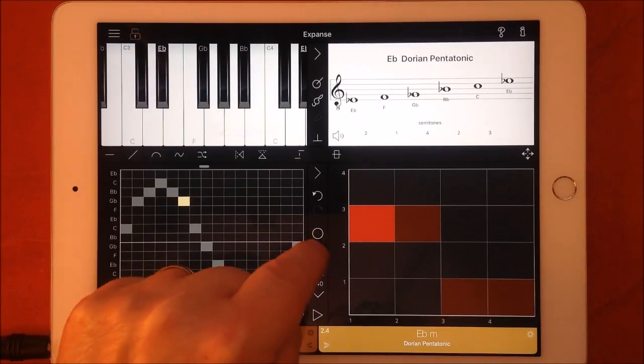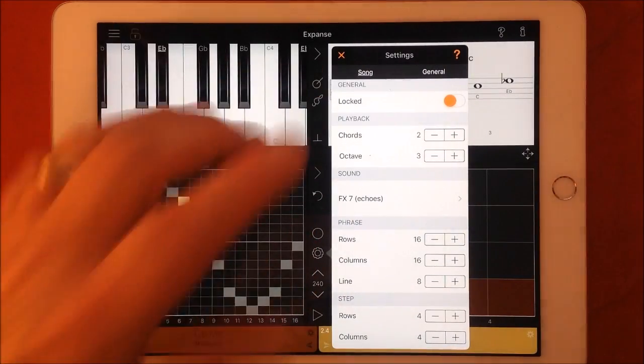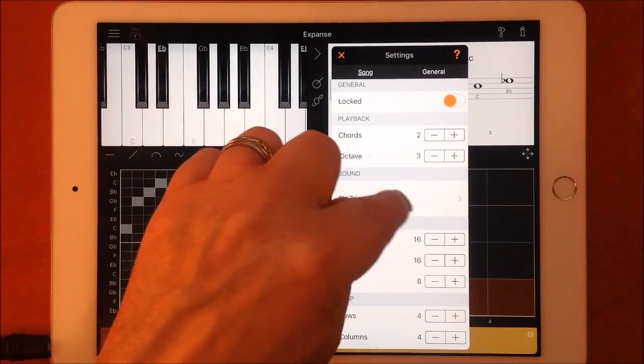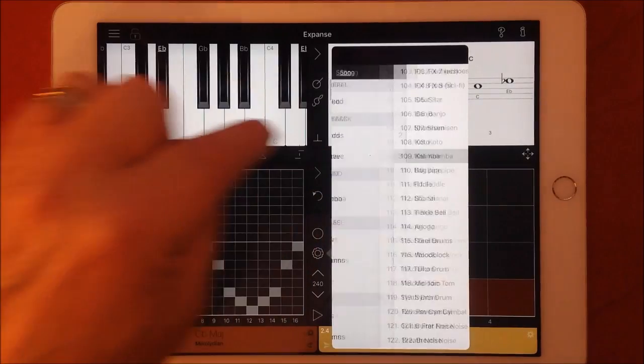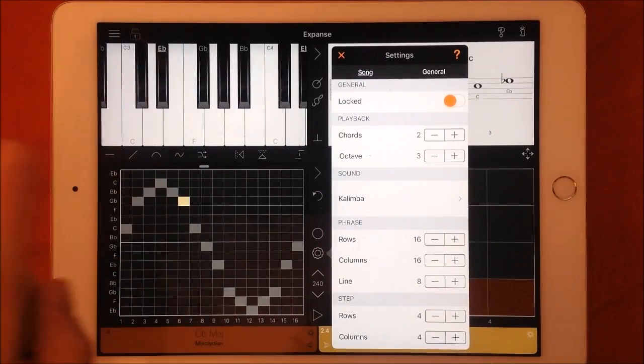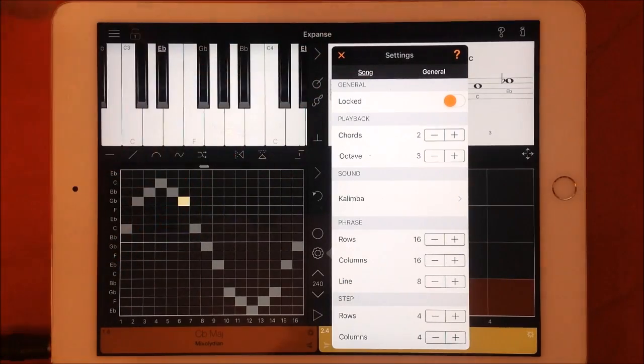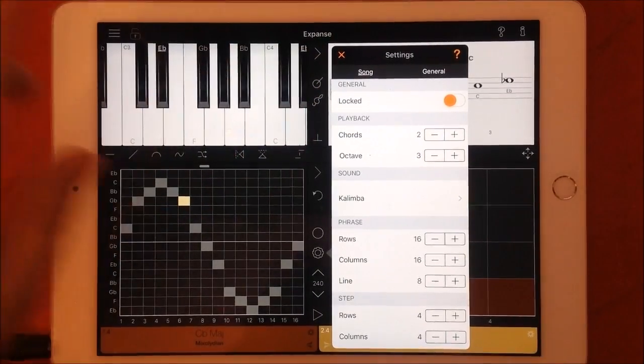Now if we want to change our sounds and stuff like that, super simple. We just hit this little gear here, and you will see we get loads and loads of options now. So for instance, the sound now is F7 echoes. So let's change the MIDI sound to, say, kalimba. And then also while we're here,